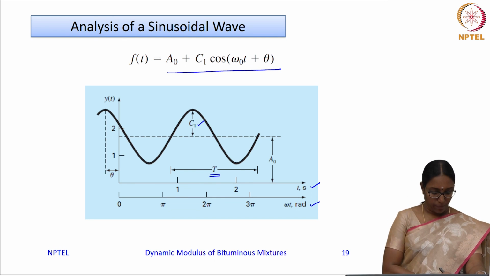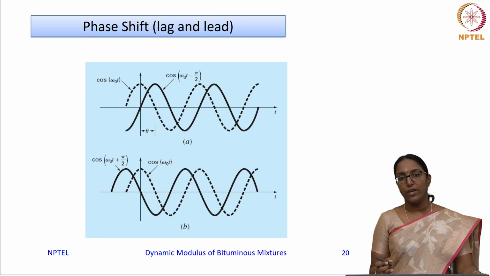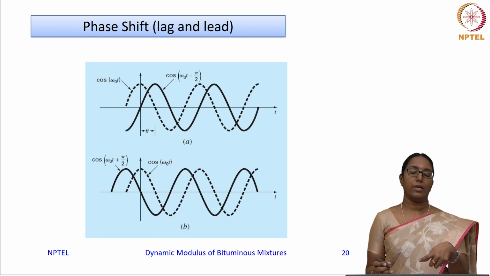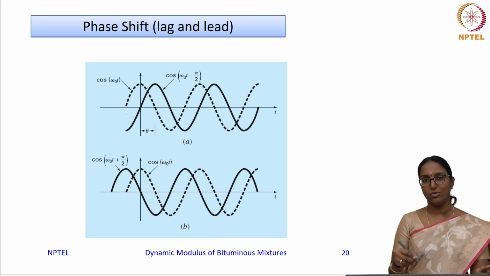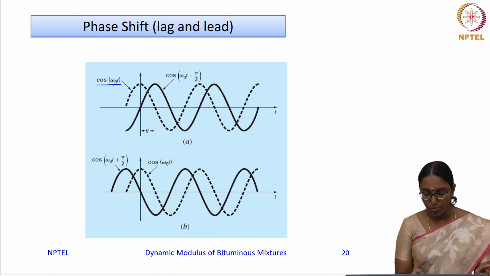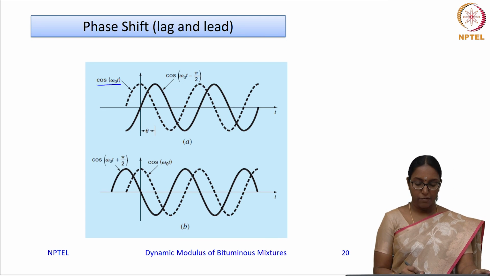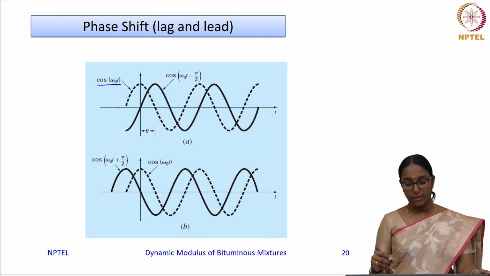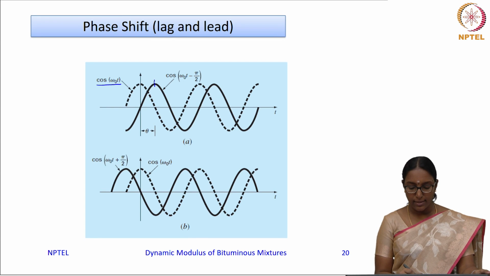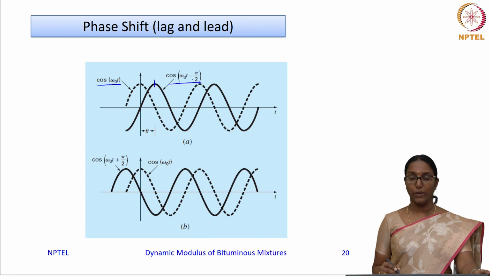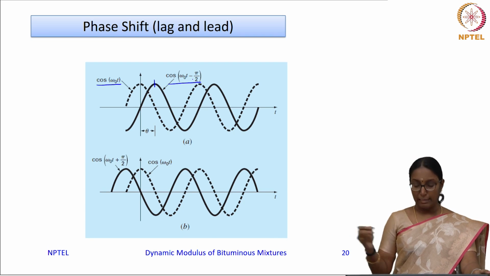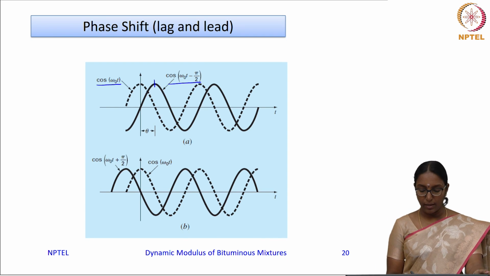Now, the next waveform, say for example, after stress the strain follows, there could be a lead or a lag. Say in the case of a stress and a strain, this cos omega 0 t defines the first series, then the next series will be lagging behind. Say for example, this is a strain response, so it will become cos(omega 0 t minus pi by 2). Likewise, you can have a leading response. Say for example, this is the original wave, then this wave actually leads.